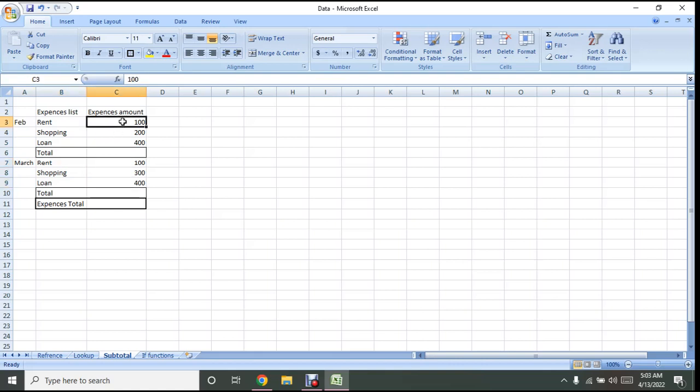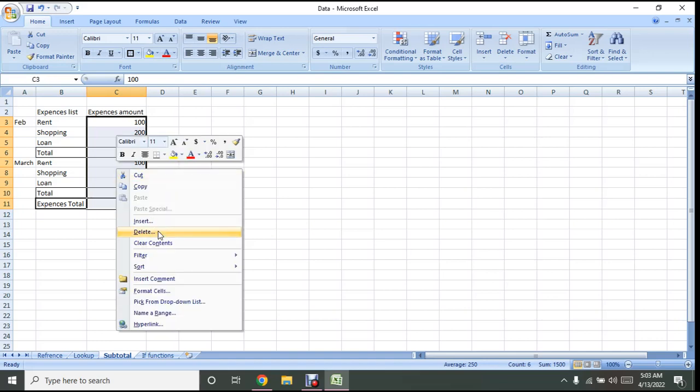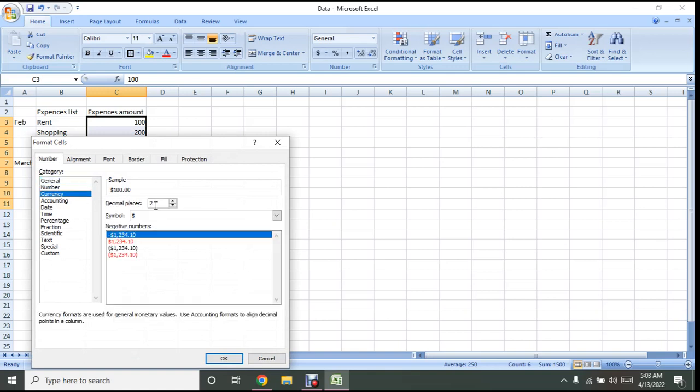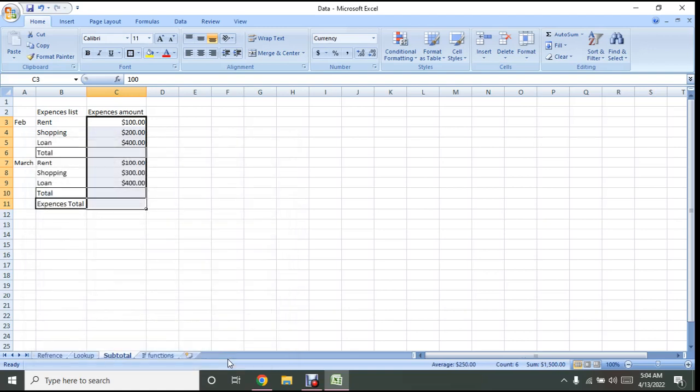So let me first try. Remember, we already taught you how to format this. Let's try and format these cells and give it a currency type of dollar. Yes, okay. Now